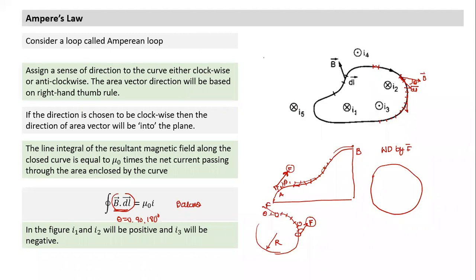Suppose we think of electric field, which is perhaps a little easier to visualize here. Suppose charges Q1 and Q2 are there. How would you calculate the electric field at this point? You will use the formula, but if there are two charges present, I will calculate the field due to each charge and take the resultant. Similarly, if there are different current elements present, suppose all of them are infinite elements, then it becomes easy. If I take a plane which is perpendicular to the current element, everywhere the field will lie in that plane itself. We can look at some applications and then come back, if it is not clear.